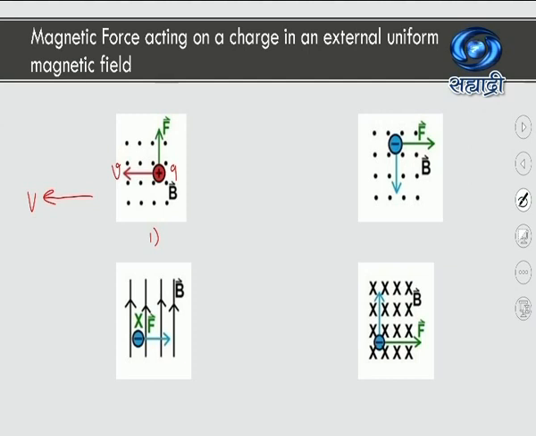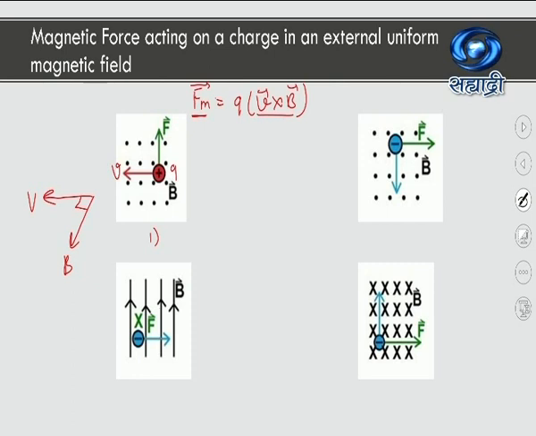Magnetic field is outside. If I try to show that direction in this way, then B is like this. They are mutually perpendicular to each other. Then we know that the magnetic force Fm is equal to q V cross B, right? Here, this is a vector quantity. So I want to find out the direction of this magnetic force. We have studied in the vectors chapter of class 11th that the resultant vector of two vectors whose cross product is being taken is found by the right hand rule.